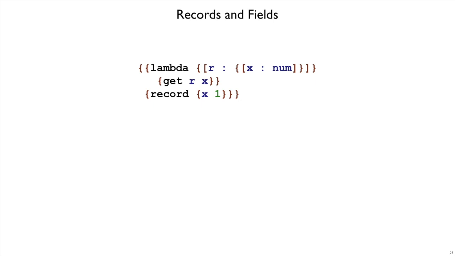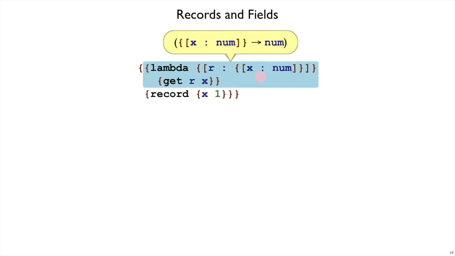We've set things up so far so that this expression will work. Here I've got a function that wants a record that has a field x, and it's getting x, and applying that to a record that does in fact have an x field, which is of type number as expected. And so we saw how this expression in blue here has type x colon num, arrow num, and we